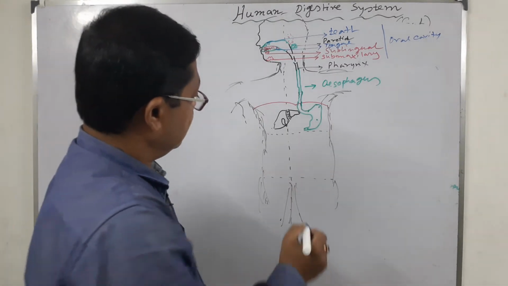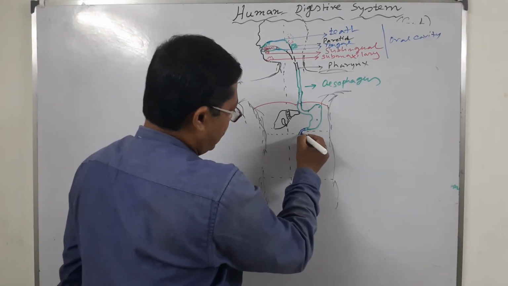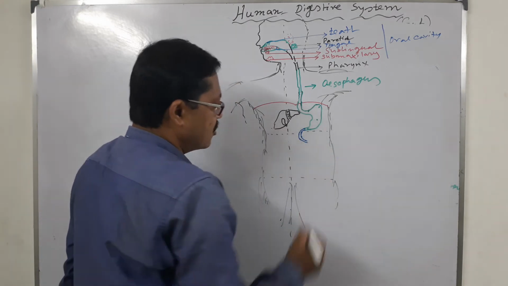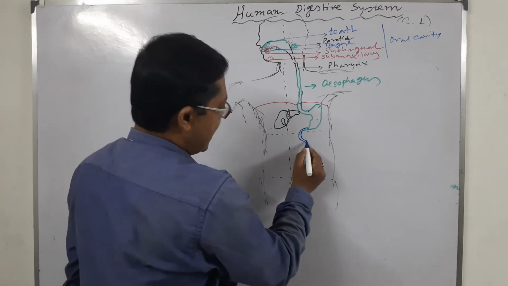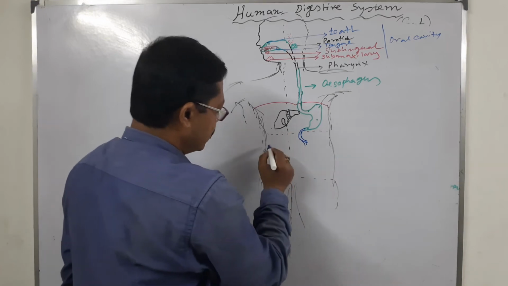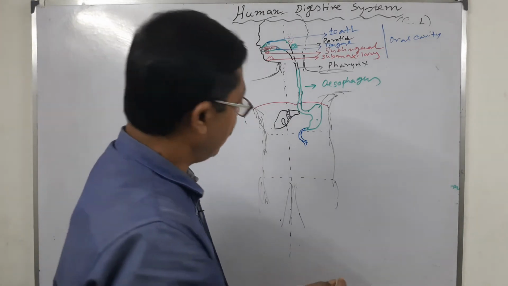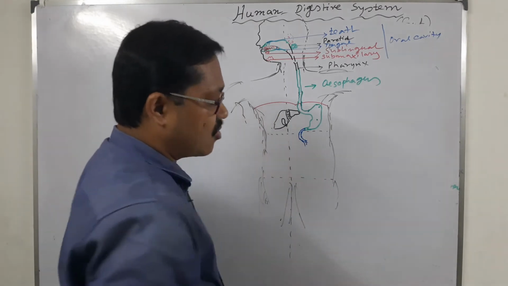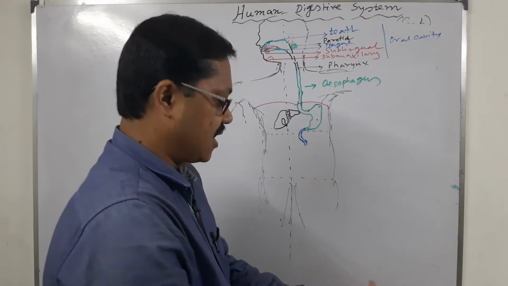After the stomach starts our small intestine. The C-shaped structure is called the duodenum. The blue color starts in the duodenum. This is called the small intestine. The small intestine enters the abdominal zone and remains in a highly convoluted form. Surrounding this tubular convoluted structure, the large intestine is present. We draw the large intestine.